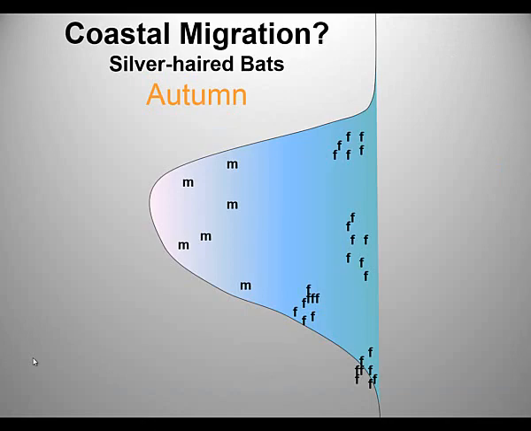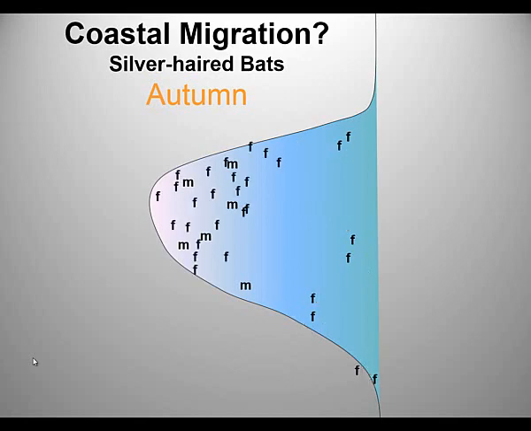So then I tried to come up with a conceptual model for migration in these bats. The males are occupying the coastal areas, the females are inland, and then during autumn, we know that they're moving to the coast. Perhaps this is because of the more stable temperatures we have, perhaps it's because of higher humidity, it's not clear. One of the things that is clear is that bats do mate during the fall season, so some of these males, if they're hanging around throughout the year, might be ready to intercept the females when they come over to the coastal areas.